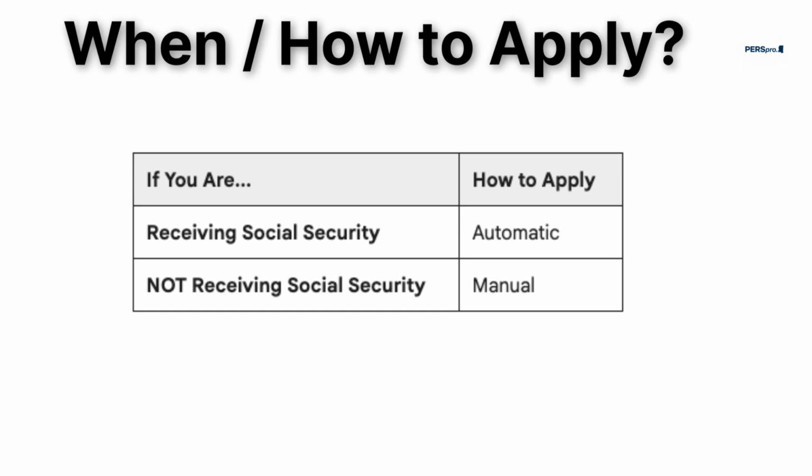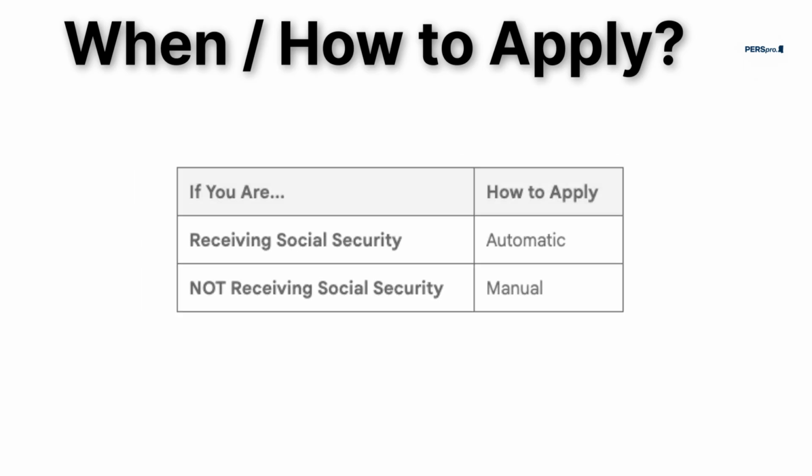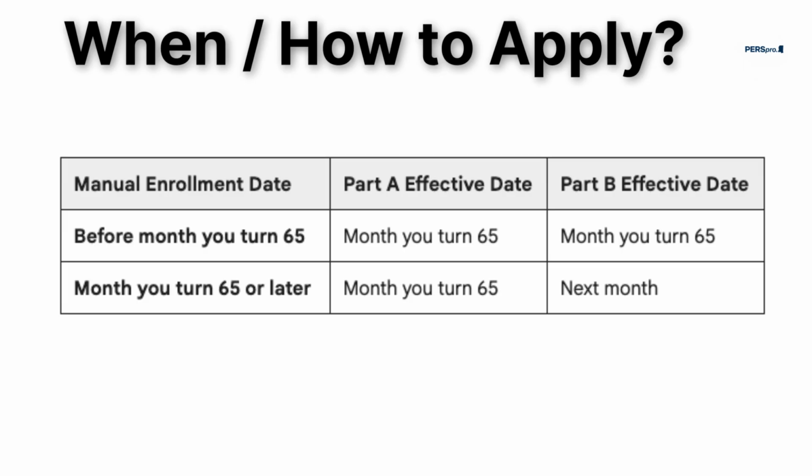If you are already receiving Social Security benefits 4 months prior to your 65th birthday, you'll be enrolled automatically. If not, you must apply manually through Social Security Administration's website at ssa.gov. Your Medicare coverage effective date depends on when you enroll during your initial enrollment period and the part you're enrolling in. Your Part A coverage will start the month you turn 65, regardless when you sign up during that 7-month